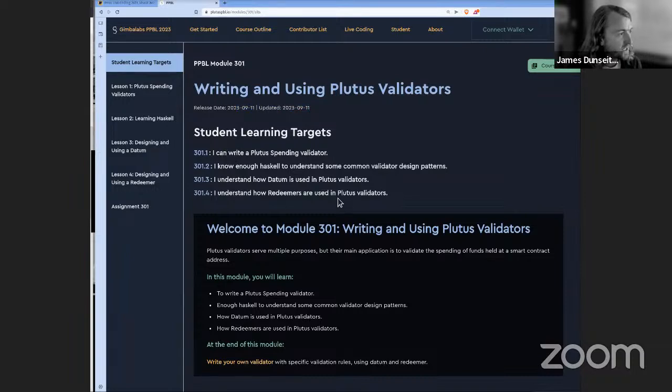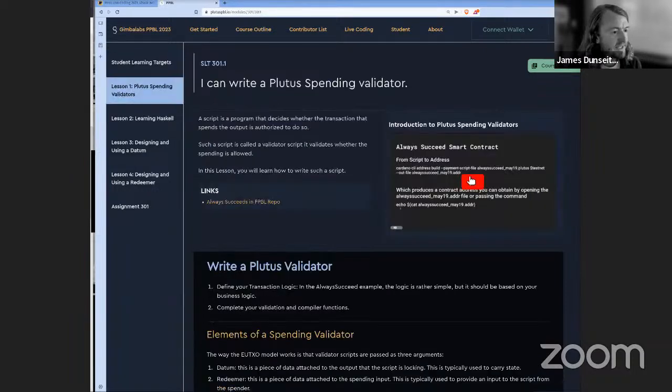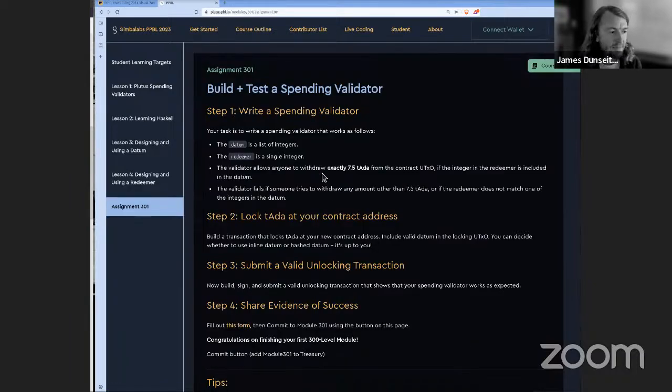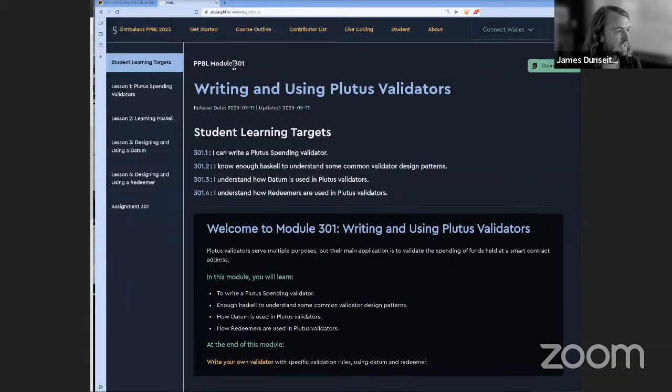So there's these learning targets. You get to hear Jonty's voice in these videos, and what hopefully turns out to be a fun little project to help you really think about using validators now that we're moving into this. So huge shout out to Jonty. Thanks for that. And just so everybody knows, this is now live. Any questions about the new module right here?